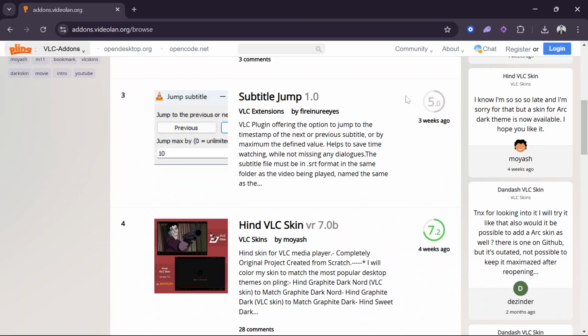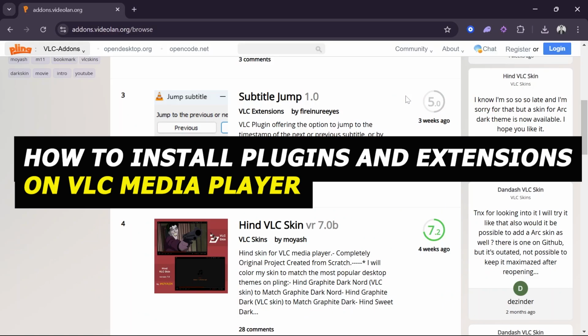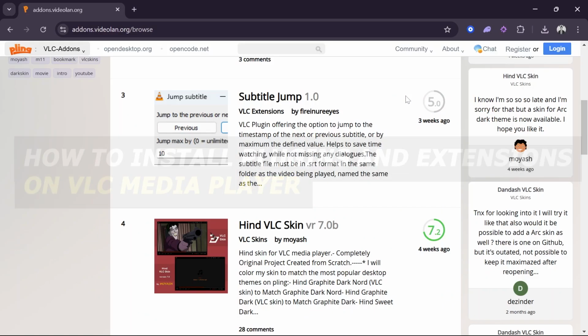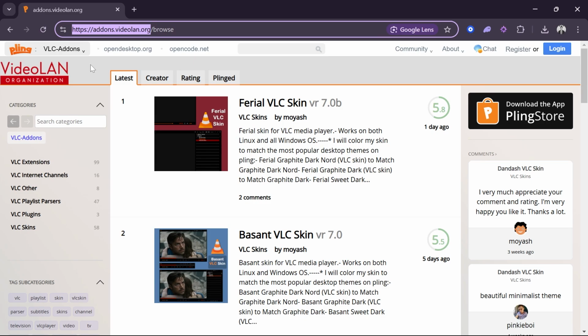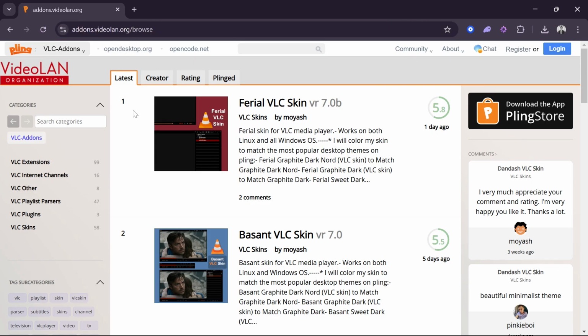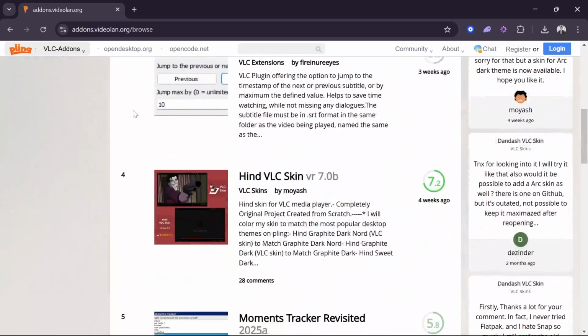In this video, I'm going to show you how to install plugins and extensions on VLC Media Player. Now, this is quite simple and I'm going to show you how to get this done. First things first, I want you to head over to this particular website right here. Make sure you type it right, and then from here, you can just basically try and look for something that